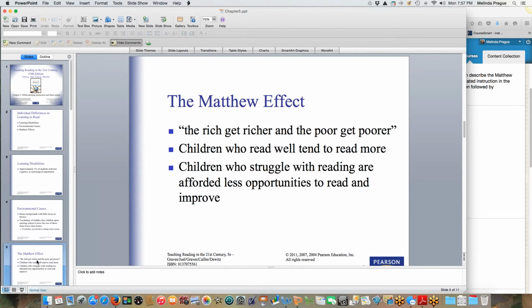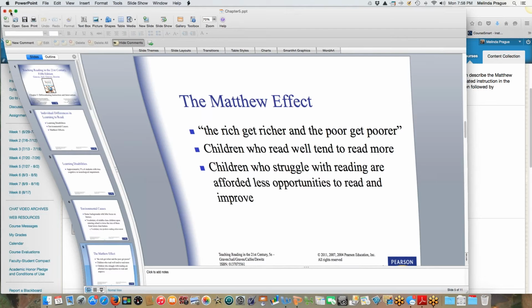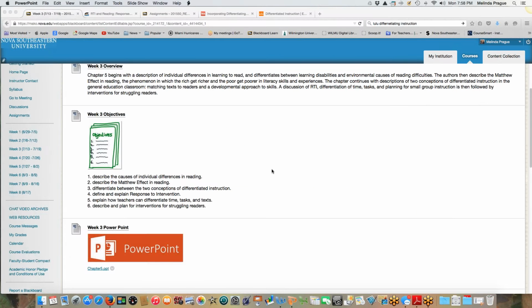Kids who struggle with reading are afforded less opportunity to read and improve, and children who read well tend to read more. Surprise, surprise, right? Use this as your guide either before reading or after reading, or both. Works well for me, okay?